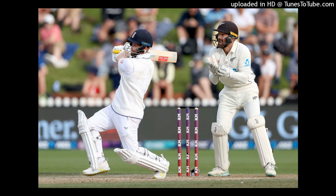Anderson doesn't get as much bounce as Robinson, so of the 4 seamers, Broad, Robinson, Stokes and Anderson, he's the one who doesn't really like this short ball ploy. It doesn't play to his strengths. Robinson's fine because he's a bit taller and gets a bit more bounce. Same with Broad, and we've seen Stokes do it when he's fit. But